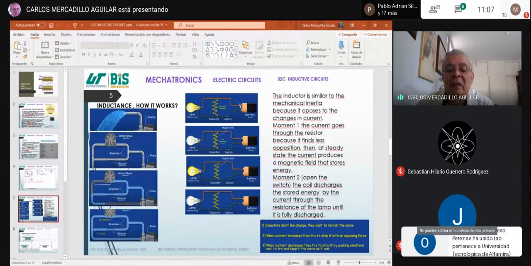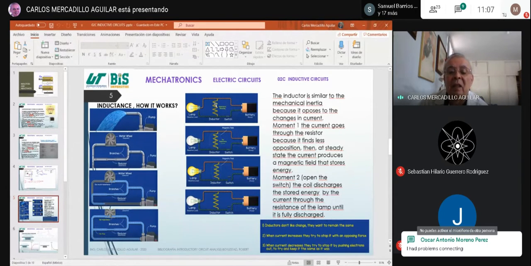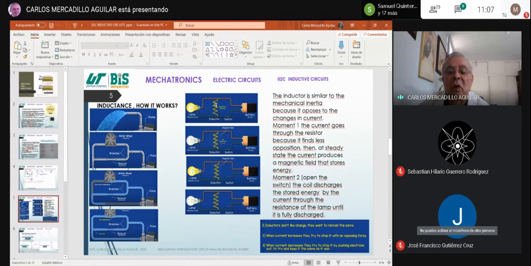So in the first case, as a current is starting, it is opposed by the inductor, and it will take a relatively long time for current to start flowing there. So in the beginning, all the current goes through the lamp. But then the current starts to grow,